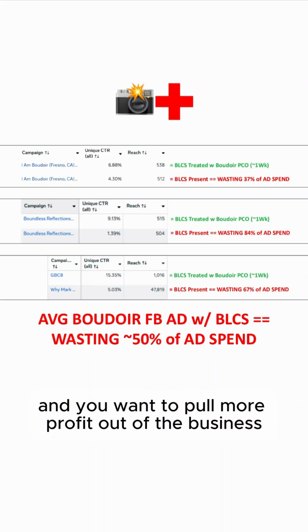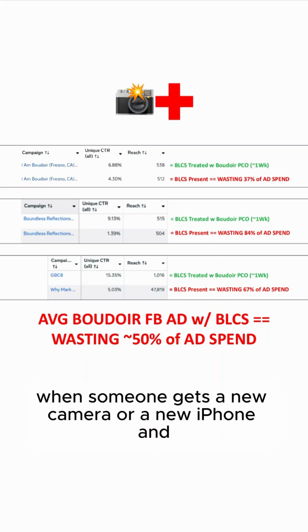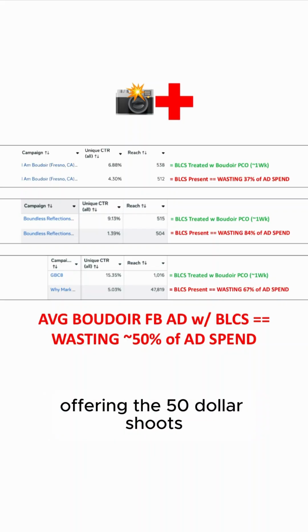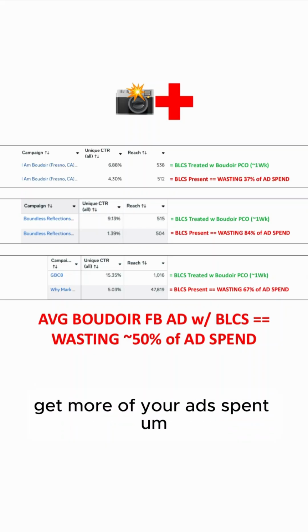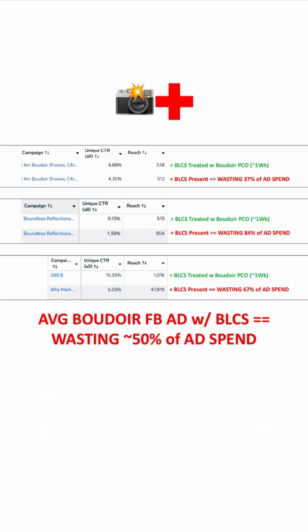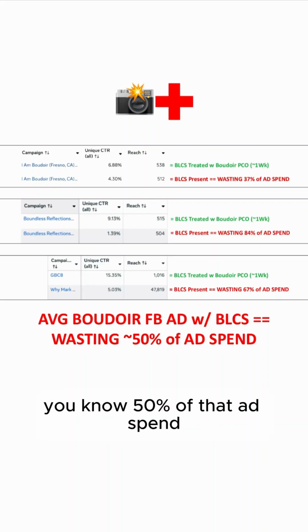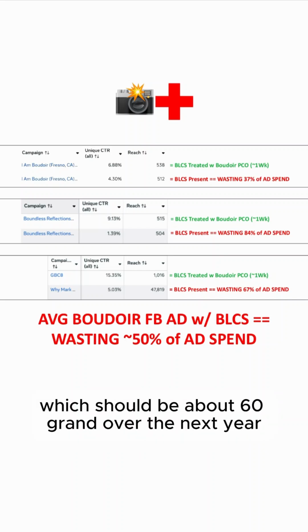And you want to pull more profit out of the business because more boudoir photographers are entering the market every day. It seems like when someone gets a new camera or a new iPhone, they're joining all the mom groups, offering the $50 shoots. But you want to pull more profit out, get more optimized, get more out of your ad spend. Because price is going up for everything in real life all over. And so, if you're spending more than 10 grand a month, and you want to save approximately 50% of that ad spend, eliminate that, put that back in your pocket, which would be about 60 grand over the next year,